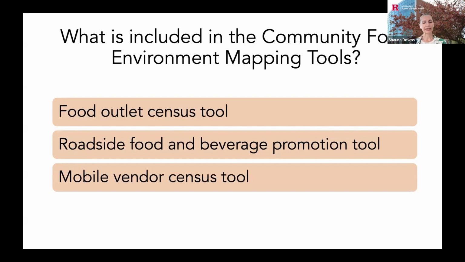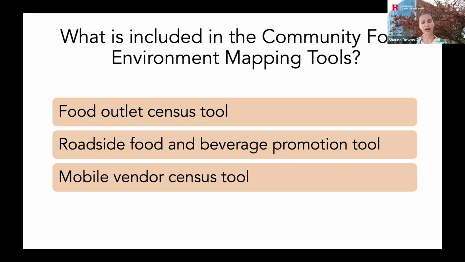And then also the mobile vendor census, again, it really depends on the community. So in Cambodia, we really found from the participatory mapping tool that Supanna already described, that in some of the communities, people really had shifted away from accessing food from markets. So in some cases, there wasn't even a market that they were accessing food from. So instead, they were accessing a lot of food from mobile vendors. And so what we realized is that if we're not capturing those mobile vendors, then we're missing a really important